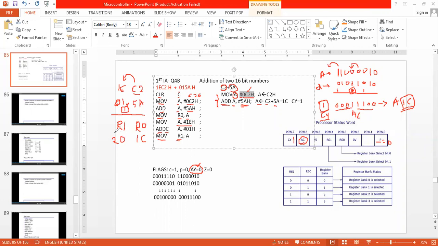So R1 will be having 20. So the total number, when I add 1EC2 plus 015A, is 201C. Here carry bit is equal to 1.